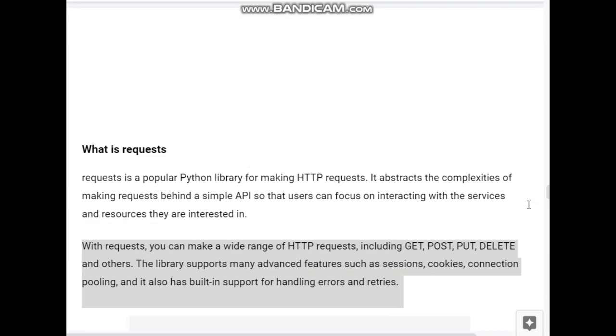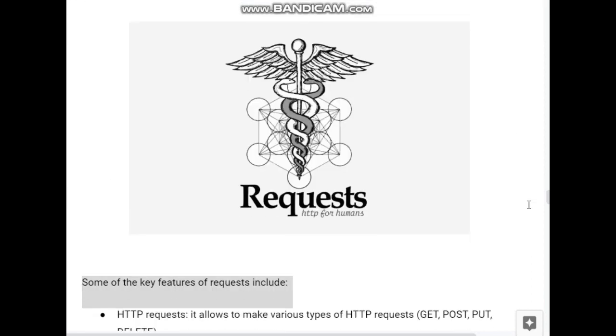With requests, you can make a wide range of HTTP requests, including GET, POST, PUT, DELETE and others. The library supports many advanced features such as sessions, cookies, connection pooling, and it also has built-in support for handling errors and retries. Some of the key features of requests include